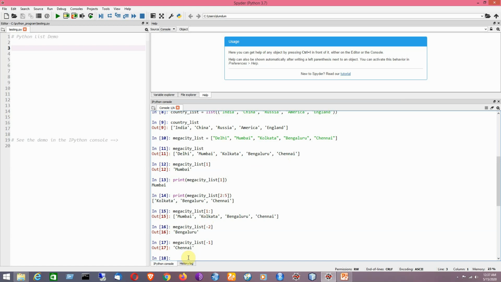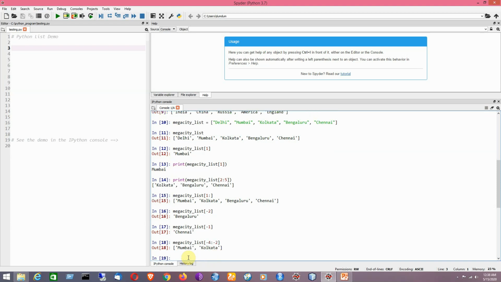Now I can have another example of slicing by using the negative index, that is -4 colon -2. Clear? So it will show Mumbai to Kolkata. It is -1, -2, -3, -4.